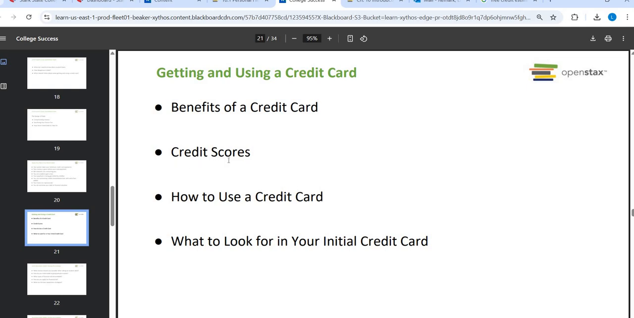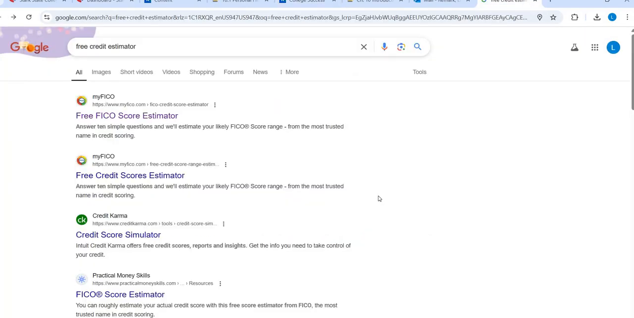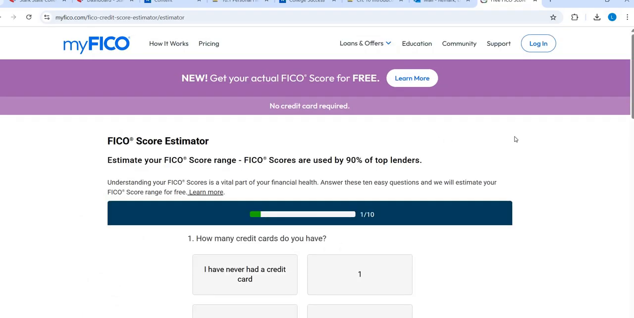Something that I want to kind of encourage you to do is look at your credit score. You do not have to pay for it. I want you to go to Google, or whatever search engine you use, and type in free credit estimator. Sometimes little sponsored ads will come up, but for me it didn't this time. And I want you to go to free FICO score estimator. When you click on that, this is a real quick 10-question